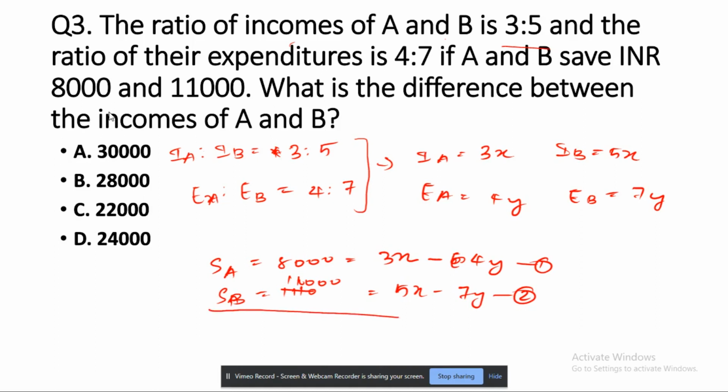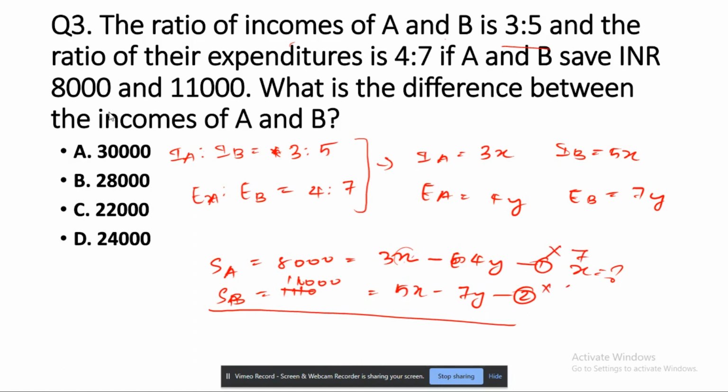So what is the difference between the income of A and B? So we have to find the difference in income. So for that we have to find the value of x. So we can solve these two equations. So we have to find the value of x. So we can equate the value of y. That is, I multiply the first equation with